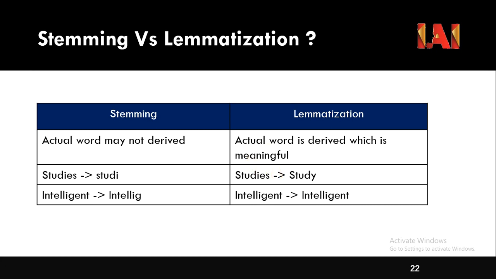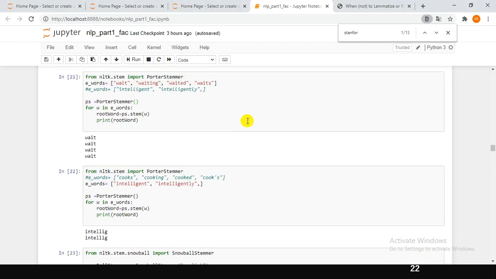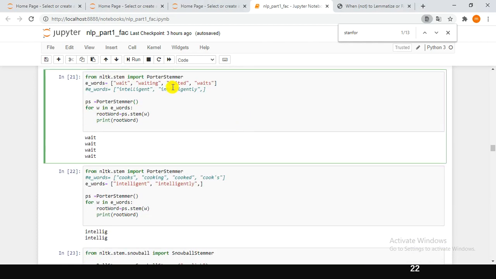Now, to understand the concept of stemming and lemmatization, we will use some examples in Python. So I'm using a Jupyter Notebook. Here I've used PorterStemmer.